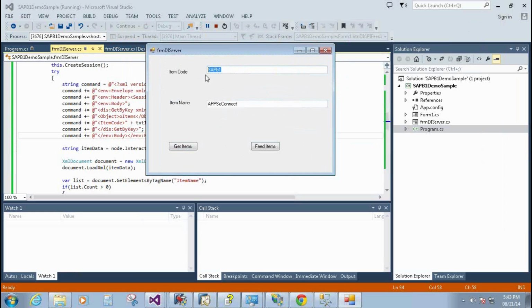In a similar way, if I say SAP B2 and I make it in sync, now if I feed that item,